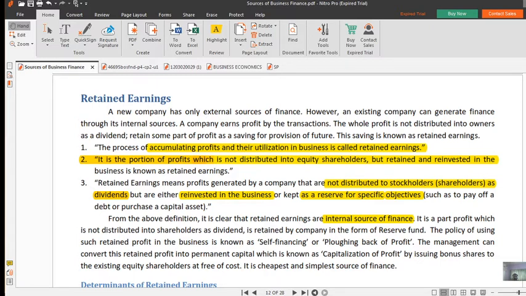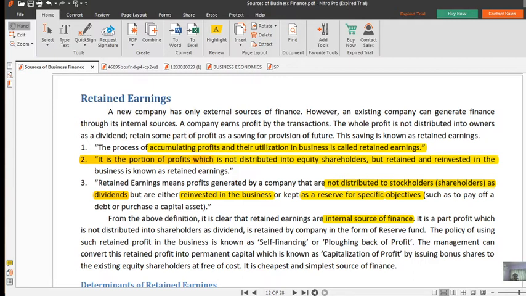So from this profit, after payment of all types of taxes, payment of debt capital, interest on debt capital, payment of dividend to equity and preference shareholders, a certain amount remains with the company, a certain amount is retained with the company. Some part of profit remains retained with the company because the company does not distribute each and every rupee to the shareholders, for expansion purpose, for modernization purpose, for renovation purpose, to implement new policies, plans, strategies in future.